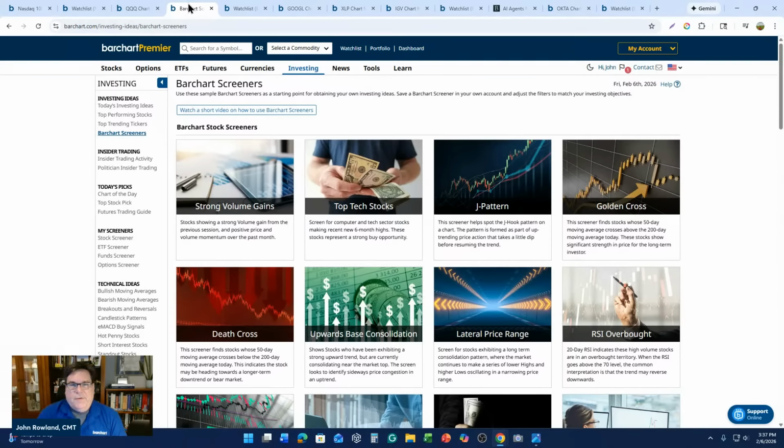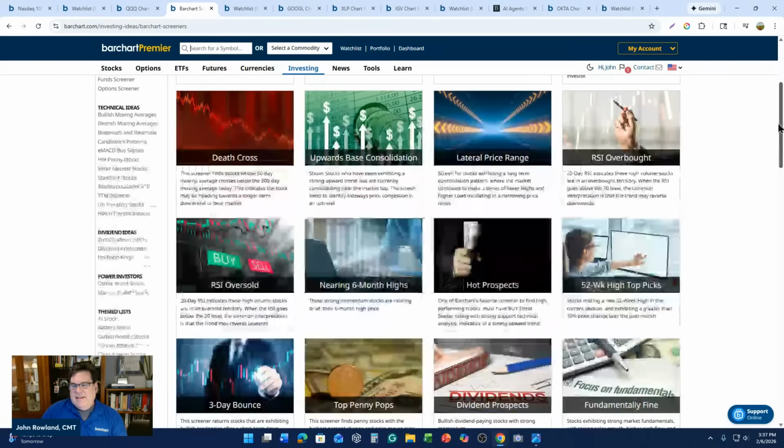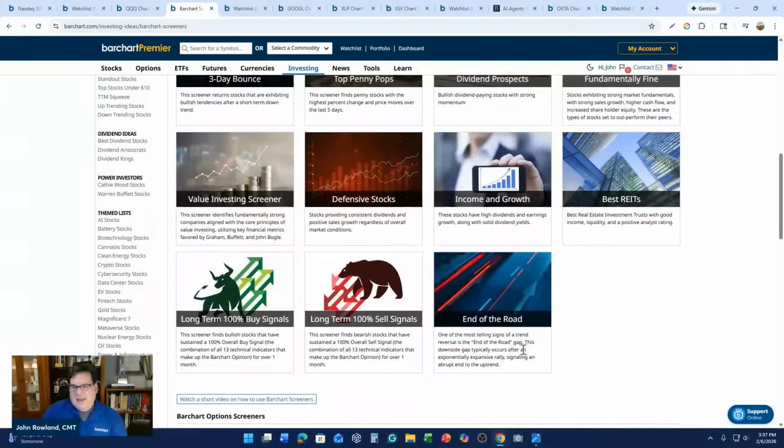Yeah. So if you don't know where it is, you go under investment under bar chart screeners, and it's kind of ironic that the end of the road screener is at the end of the row here, but you can see what it says. This is a screener that looks at markets that have very strong or extended uptrends, and then get kind of a rug pulled out from underneath them. And what usually happens with these